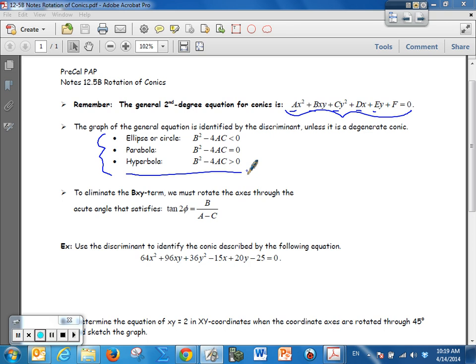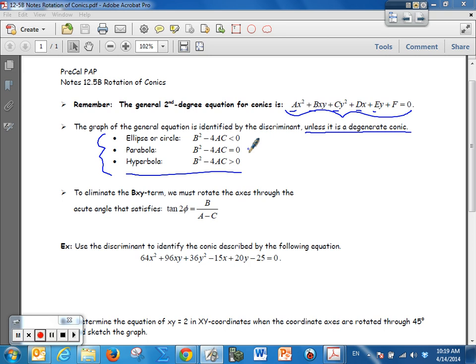So if we actually can take the equation, and as long as it's not a degenerate, we can determine what type of conic it is. And that's a key. If it's degenerate, then this test doesn't work. It doesn't work if it's a degenerate conic. But if it's not, and usually they're not going to give you one that's a degenerate because the test doesn't work. What you can do to determine the type of conic that you have is use this little formula,